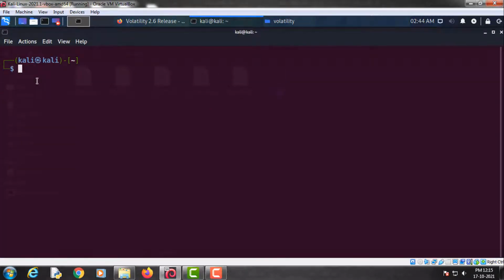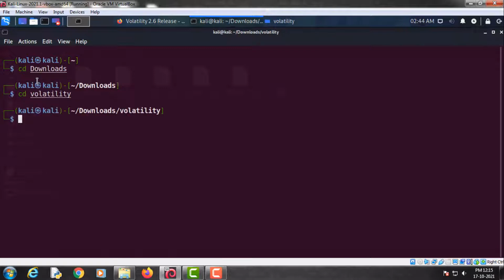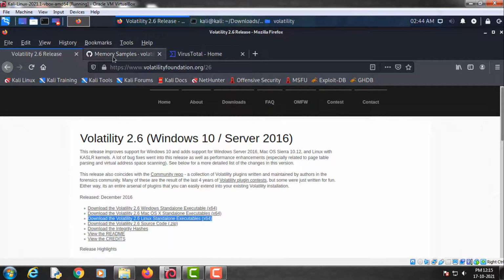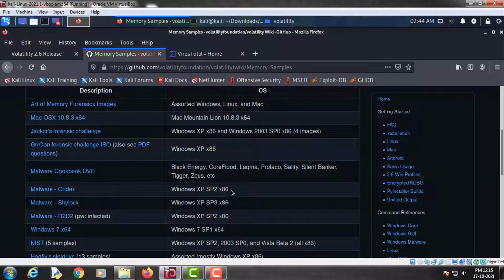So just go to your Volatility directory. So this is the executable file. The next step is we need a memory sample for analysis.